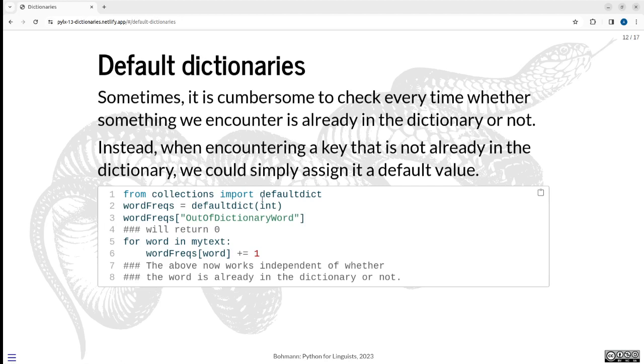From collections, import defaultdict. That just gives us access to the data structure. And then we define word_freqs. Normally we would, for example, just have empty curly brackets here, right? That's an empty standard dictionary. Here we define an empty defaultdict. So we call this, and then we tell the defaultdict what the default value is, and it takes an object type here as a default value, and it defaults to the logical